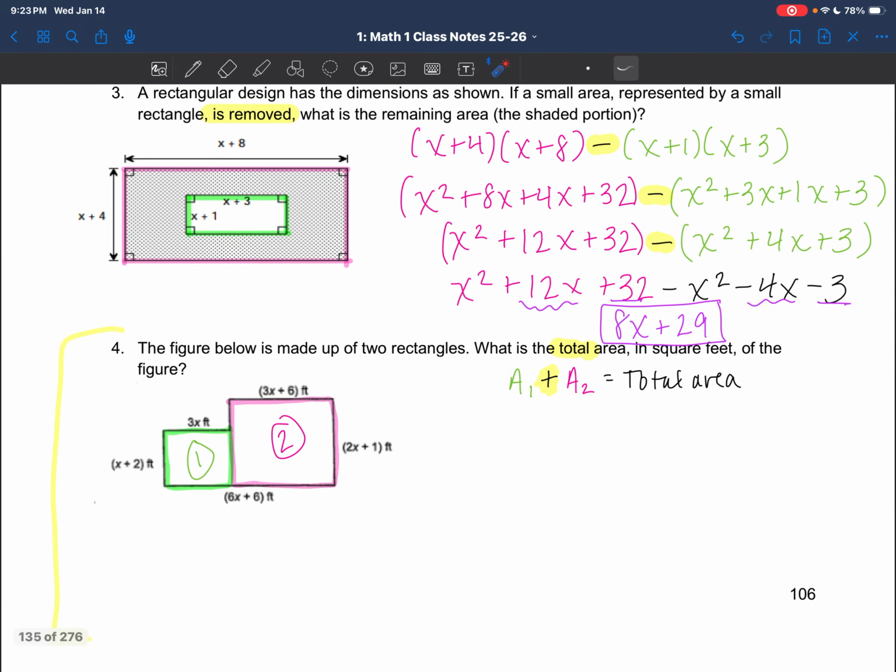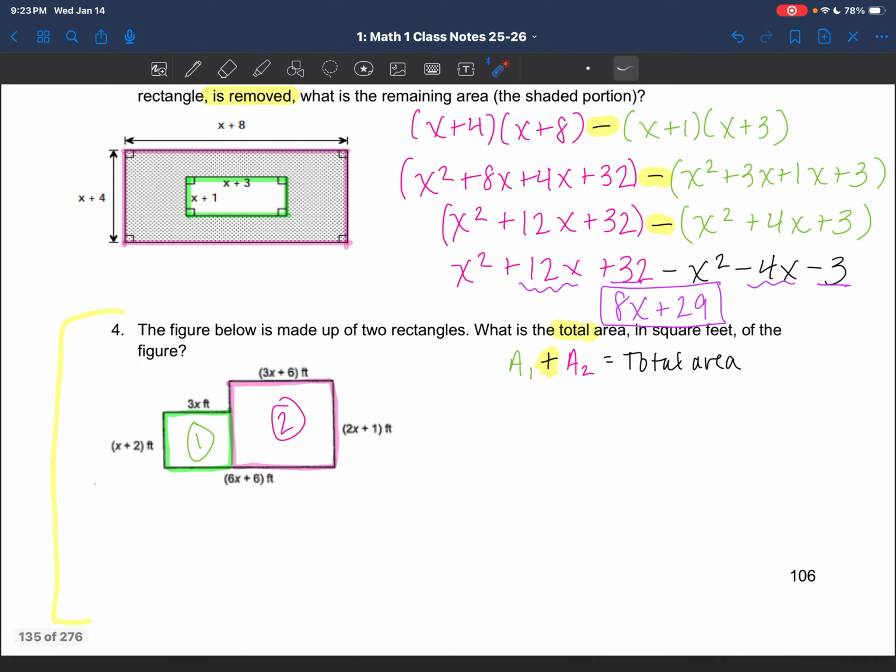All right, now for number 4, you're going to try this, but I'm getting you set up for it. So the figure below is made up of 2 rectangles. What is the total area? So remember, in total, you're going to add the 2 areas together. So we're going to make, and you can actually separate this because originally we didn't have this part, but you can make,